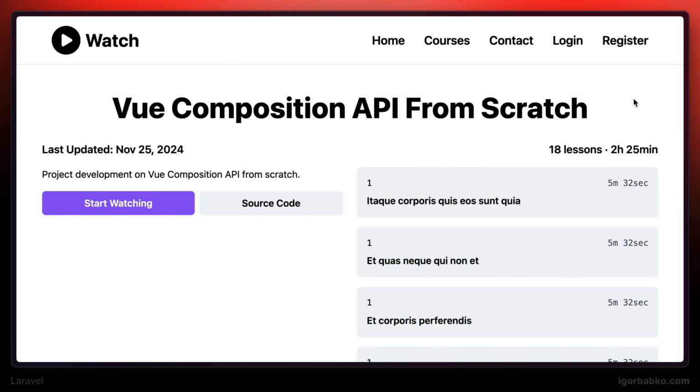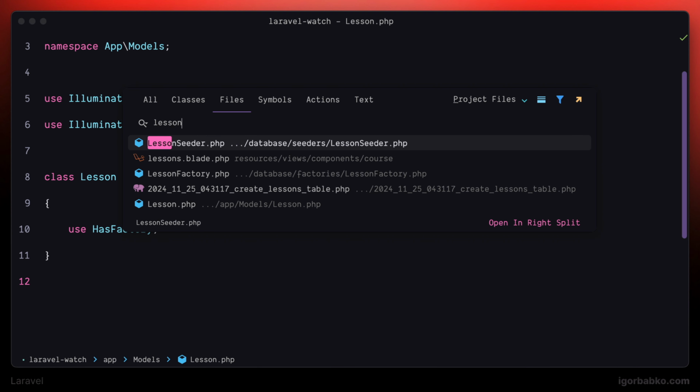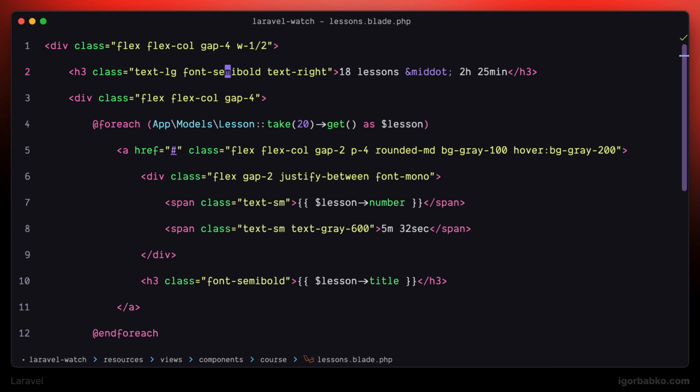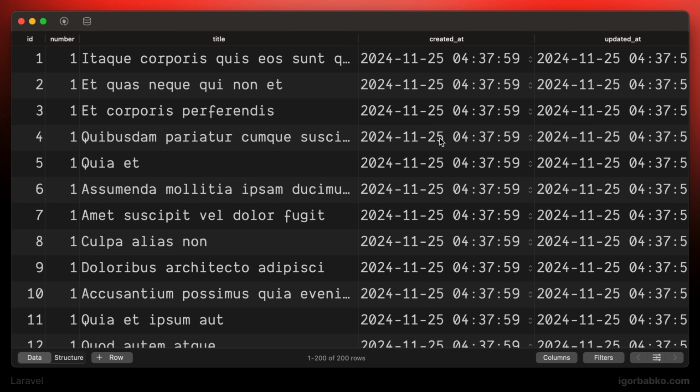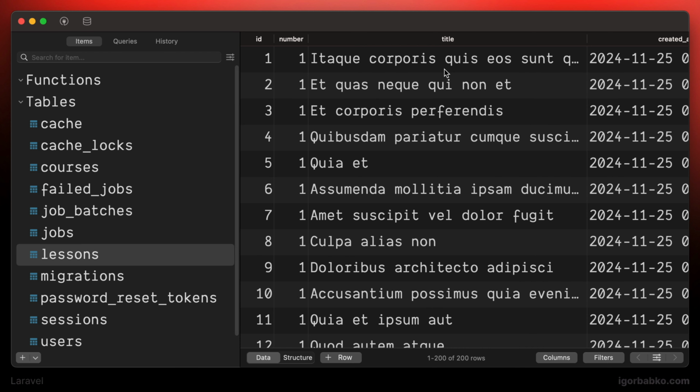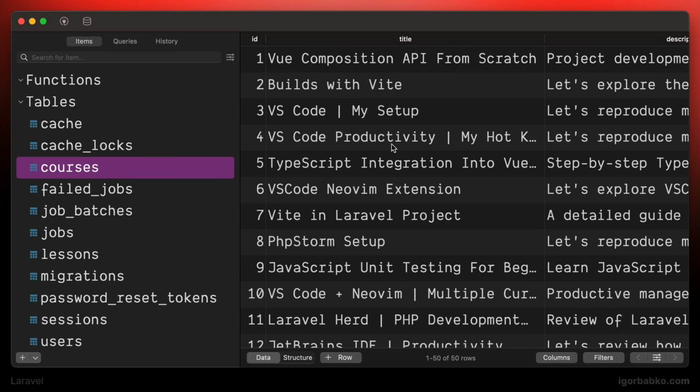As of now, we are showing lessons on the course details page that are not related to this course. Because as you can see in the template, we are executing the query to fetch first 20 records from the lessons table, but those lessons are not related to a particular course. So now we're going to bind each record from the lessons table to a particular record from the courses table,